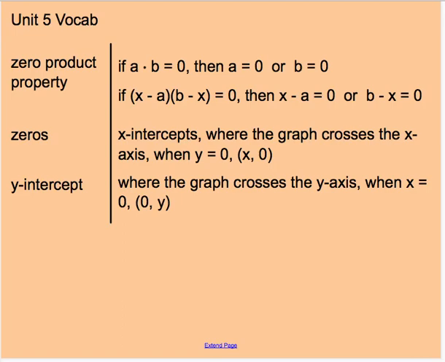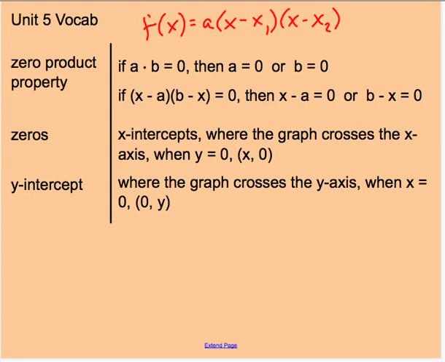So yesterday's lesson we looked at graphing a quadratic in vertex form. Today we're going to take a look at graphing a quadratic in factored form. So the factored form of a quadratic looked something like... Before we graph a function in factored form, we have to find what are called the zeros or the x-intercepts